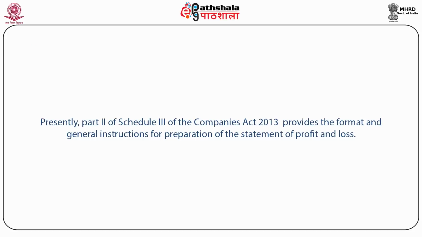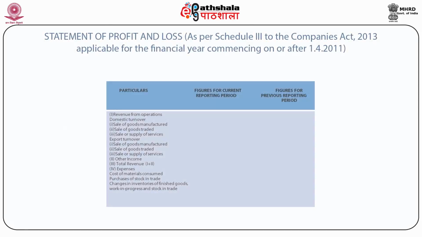Presently, Part 3 of the Schedule of the Companies Act 2013 provides the format and general instructions for preparation of a statement of profit and loss. The statement of profit and loss as per Schedule 3 of the Companies Act 2013, applicable for the financial year commencing on or after 1st April 2011, is given. This statement starts with revenue from operation,